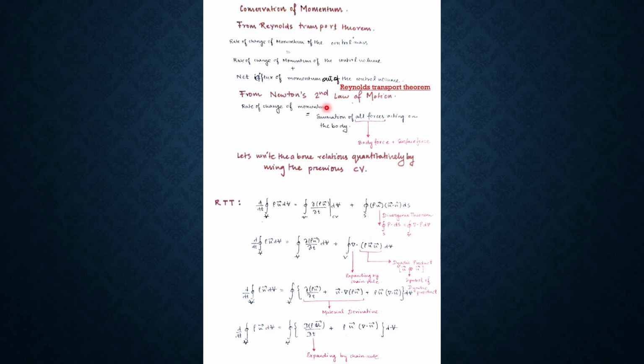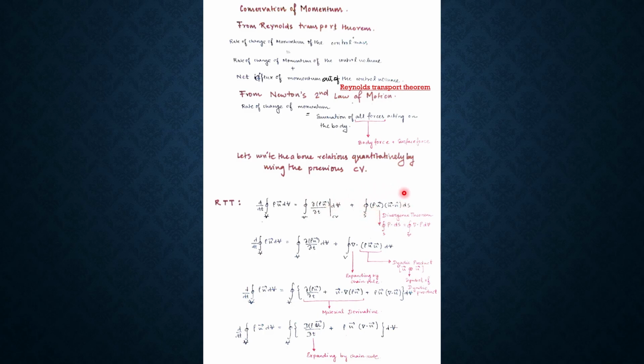And from Newton's second law that we know, the rate of change of momentum is equal to the sum of all the forces acting on the body. Over here, all forces represents all the body forces and the surface forces. Now that I have established both of these expressions qualitatively, let's proceed to write them quantitatively. The momentum of the control mass and the rate of its change: rho u is integrated over the entire volume and it's d by dt. This is the temporal change of the momentum,